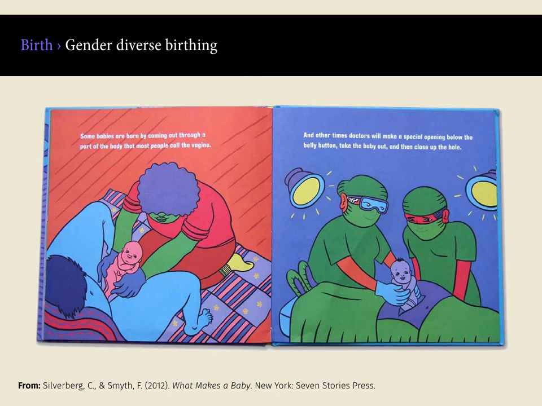Silverberg and Smith, like Katalska, also show two birthing scenes, one at home and a caesarean hospital birth. The difficulty in this scene for Silverberg and Smith was showing the birthing person as gender neutral. Silverberg has transgender male friends who have given birth. He therefore did not want to portray the birthing person as female. Setting the scene as viewed from above allowed for any person regardless of gender to identify with the birthing person. Again, a simplification of the visuals allows for a more inclusive reading, where someone who identifies as male or someone who identifies as female can see themselves in the birthing person.